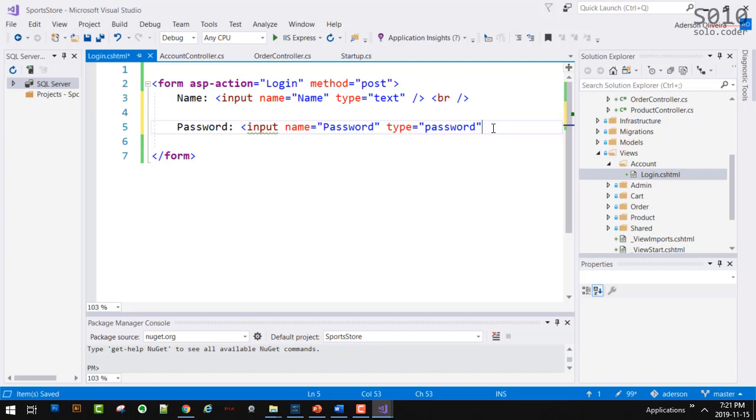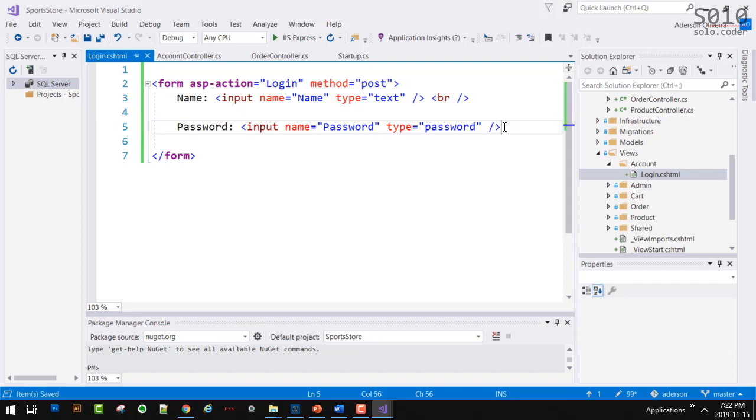Can we just put the name? About the type, you have to put password in the type. Because the name is what you're going to be using to reference it. If you don't put password as the type, the password will come up in plain sight. So if you type the password, you're going to see it. It's not going to mask the password. That's the reason why we use password here, because as you type, it will put some dots or asterisks depending on which browser you use.